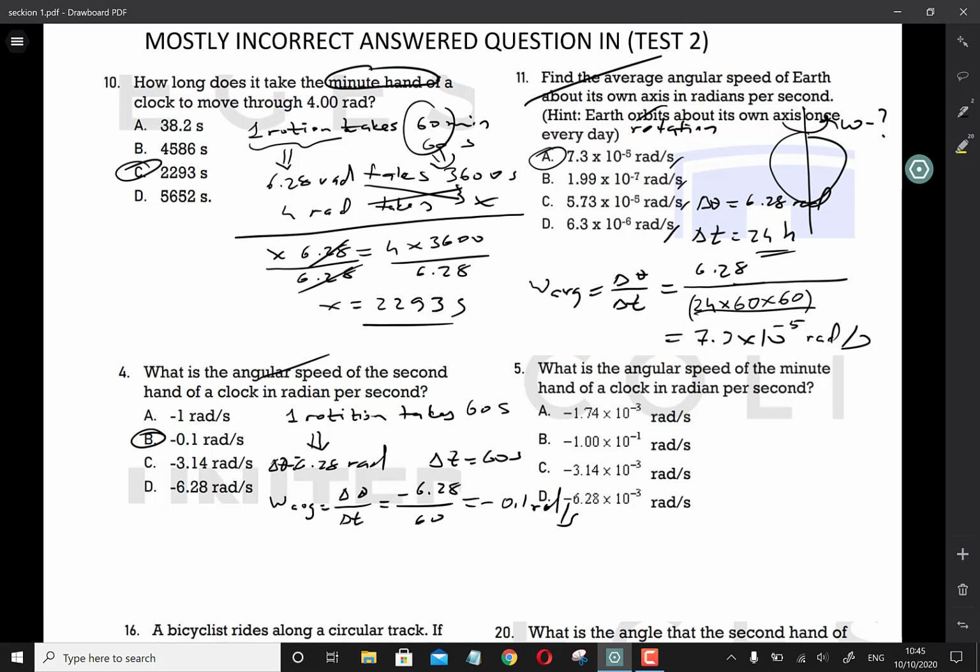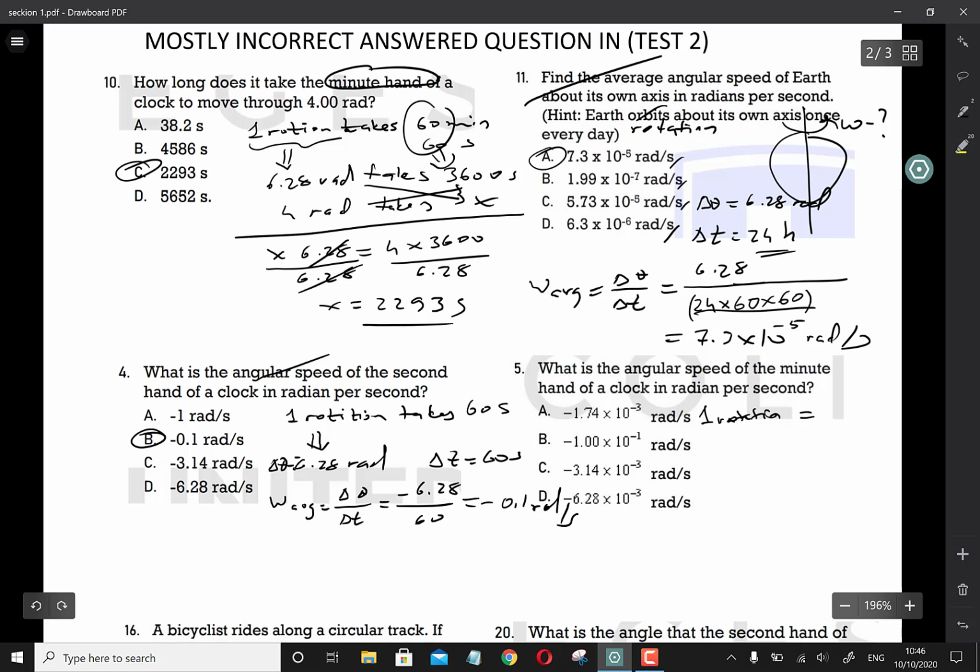Negative because the clock turns clockwise. So for clockwise rotation, both delta theta and omega are negative. What is the angular speed of the minute hand of the clock in radian per second? Again, we will use the same logic. One rotation for the minute hand,